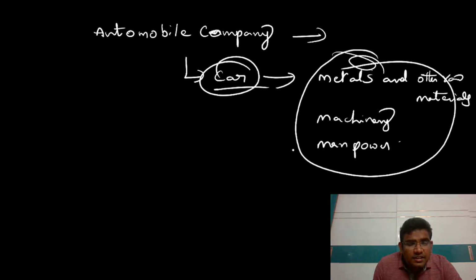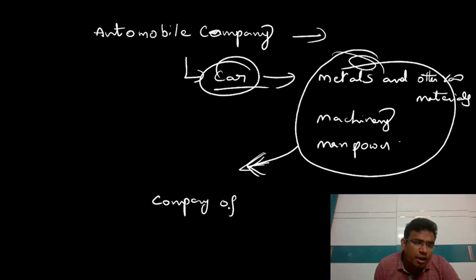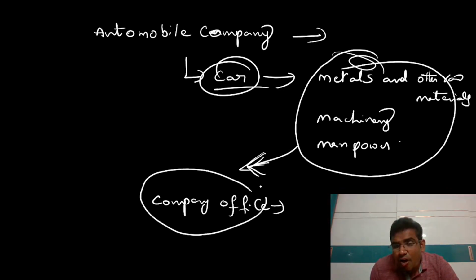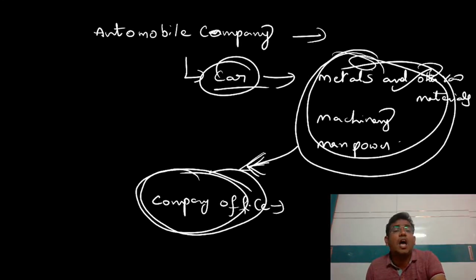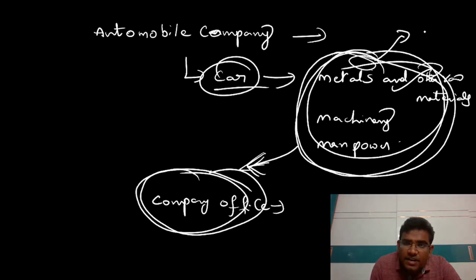Now, guys, to manufacture this, we have a company office. So my point is, guys, without having the office also, we can manufacture the car. But still, we require the office only for the operation purpose or communication purpose. So now, whatever the cost you are incurring in this metals or machinery or manpower,